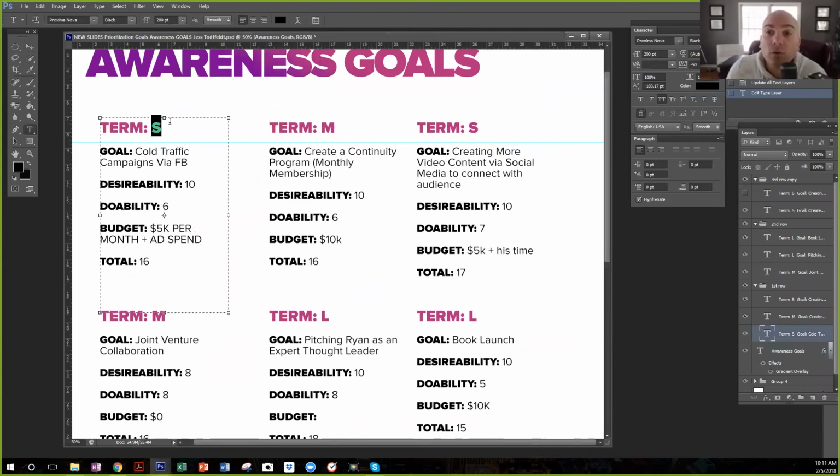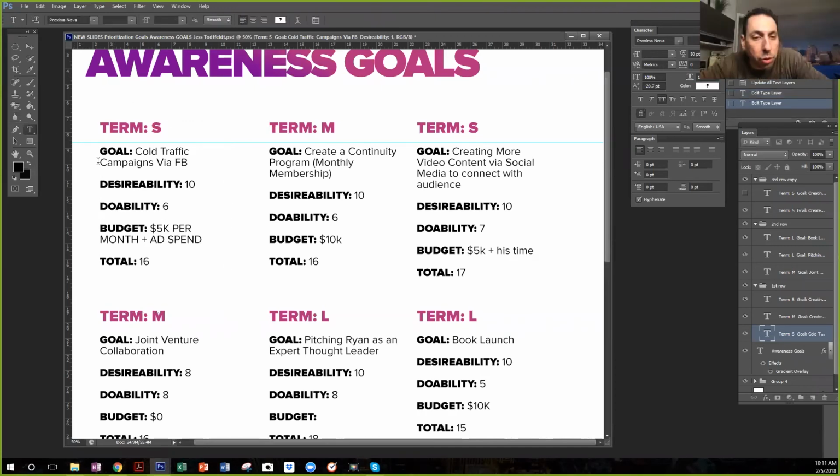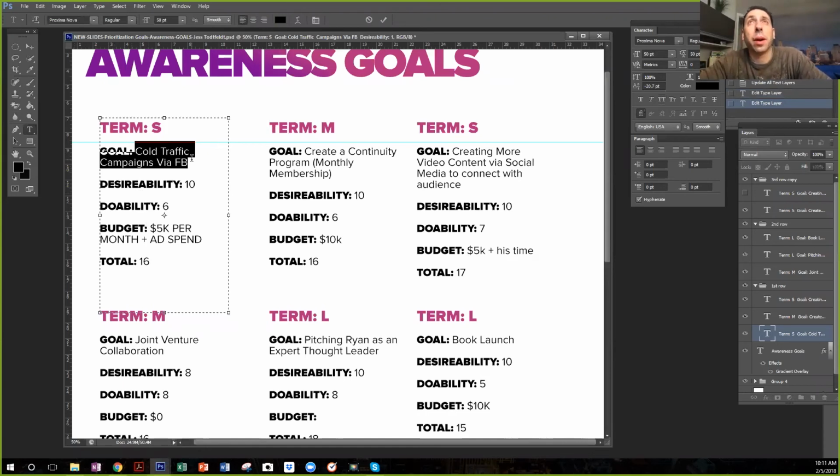All right, so let's focus in on awareness goals. Do you need an example of an awareness goal? There's one right here: cold traffic campaigns via Facebook. Yeah, I mean, that would be nice, something to do to build awareness. So are all 3 of these awareness?